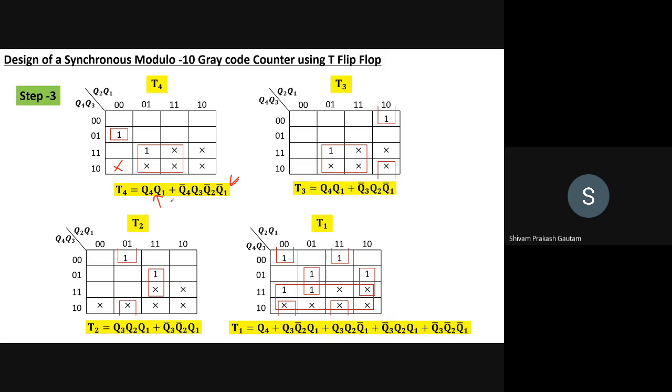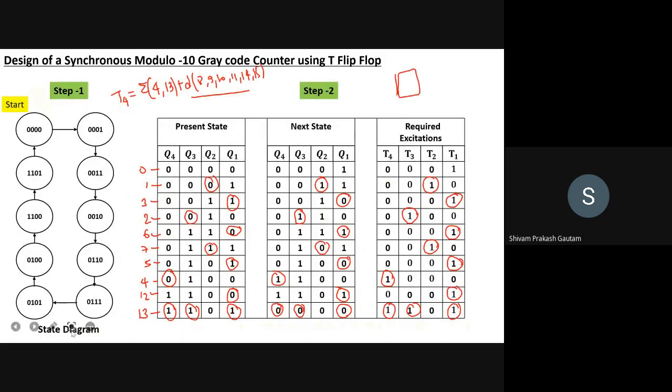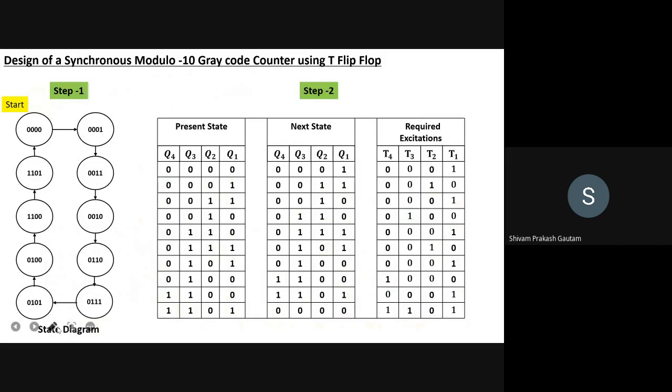For the next step we will see again the don't care will be same. So let me write here don't care because 8 is a don't care. So here they have added don't care anyway. So here we are having 8 as a don't care, and we have to check where are the ones for T3. Okay, for T3, so this will be again 0, 1, 3, 2, 6, 7, 5, 4, 12. And this will be 13. So T3 is having 1 at this instant.